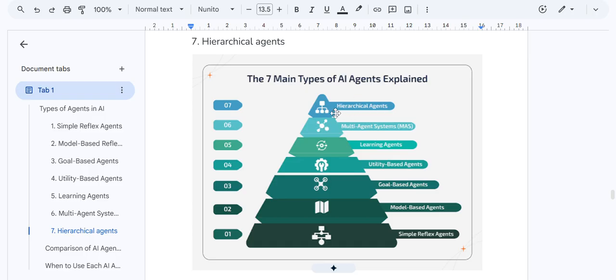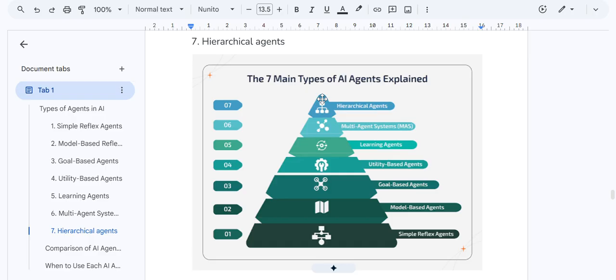So firstly, the seven agents. The first is the simple reflex agents. Another is the model-based agents, goal-based agents, utility-based agents, learning agents, multi-agent systems, and hierarchical agents. Hierarchical agents means one agent is the supervisor, and another agent is doing another work